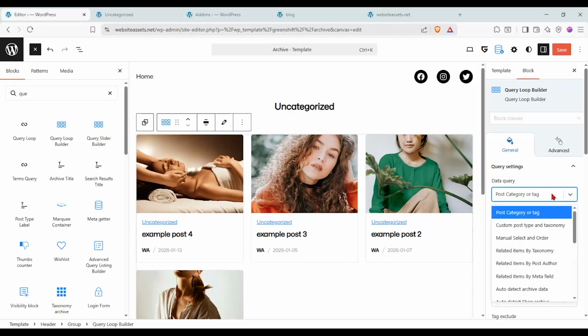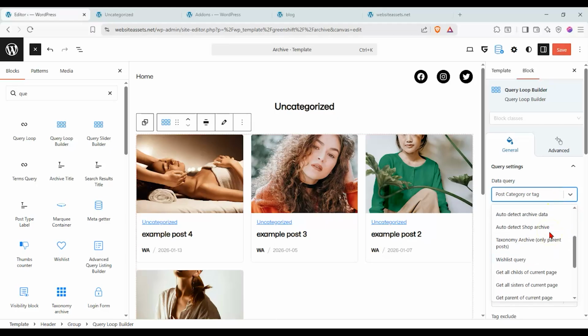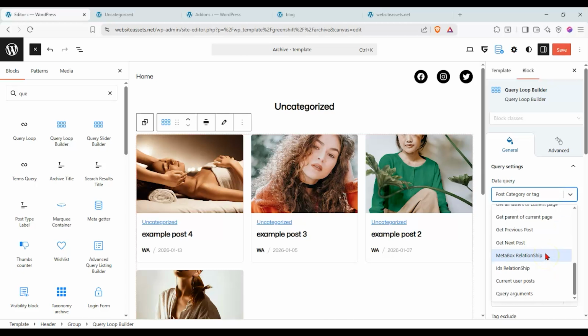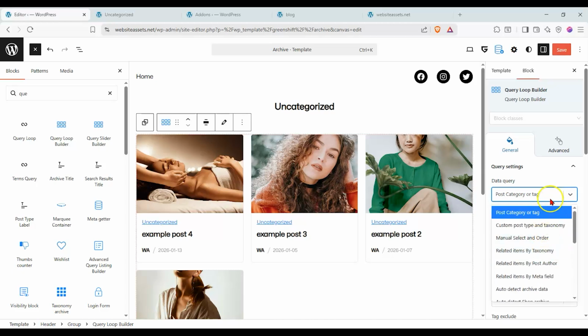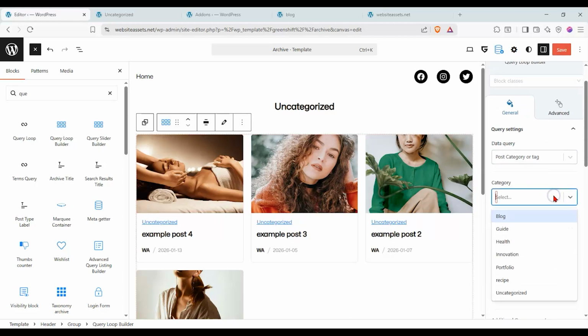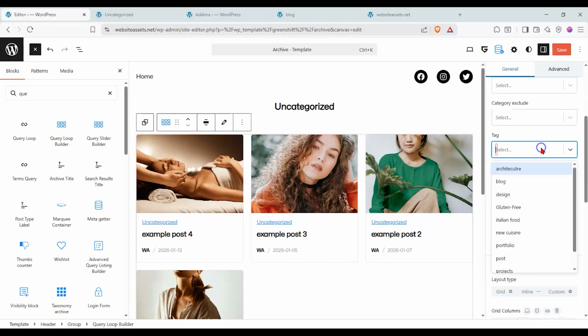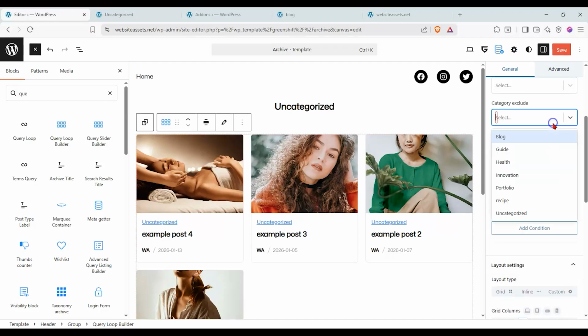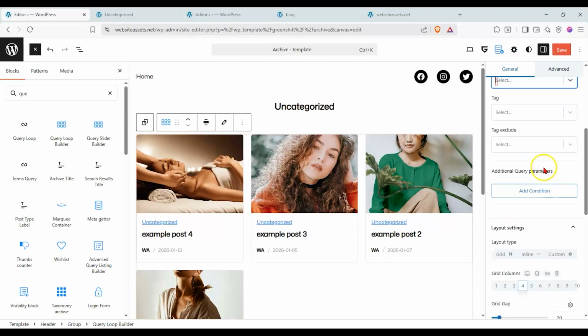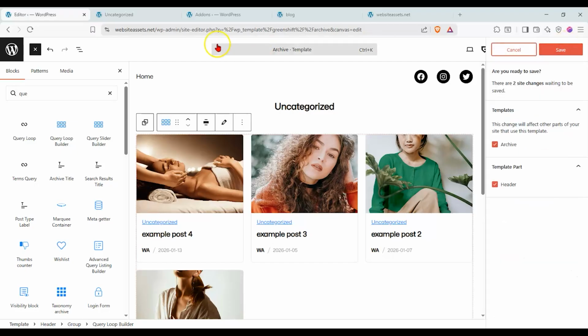And you can see that we have data query. So by post category tag, related items, by meta field, and there's so many other ones that you can choose from. We have category over here. We'll just leave it as is, and you can see we have tags to include or exclude, and we have a bunch of tags that we used in our previous videos. And there you can see that if we save this,